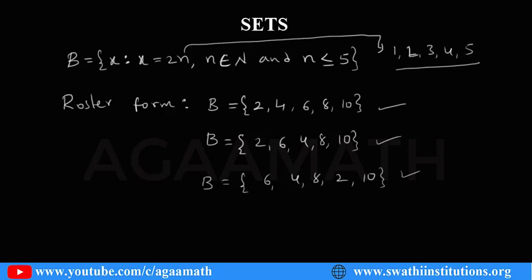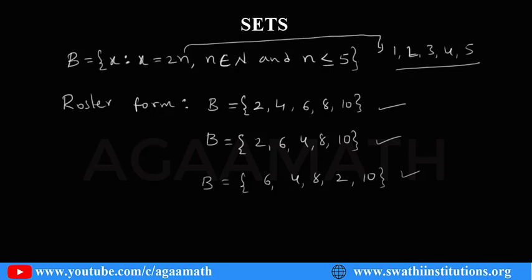For example, if someone comes to your house and asks how many members are in your family and what are their names, you may say your family members' names in any order, nothing wrong, right? You can give your family members' names in any order. So nothing wrong in that. So here also order is not important.